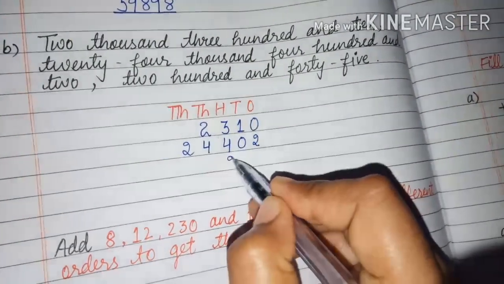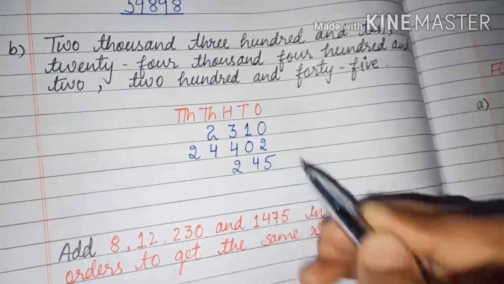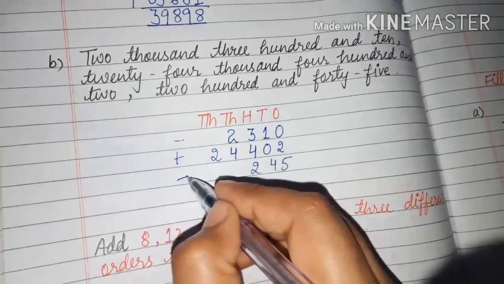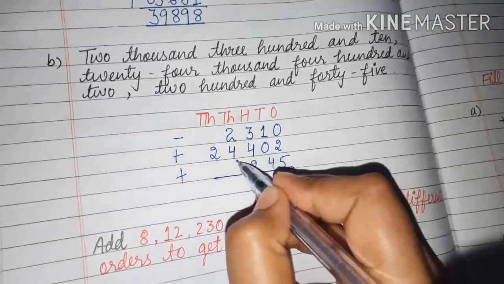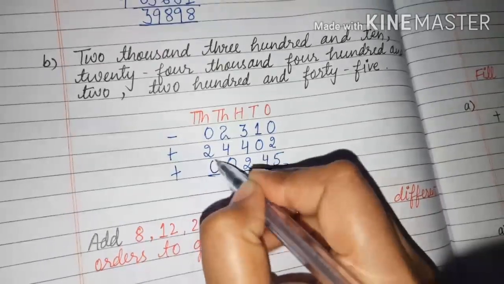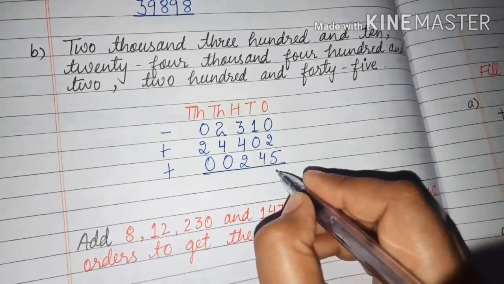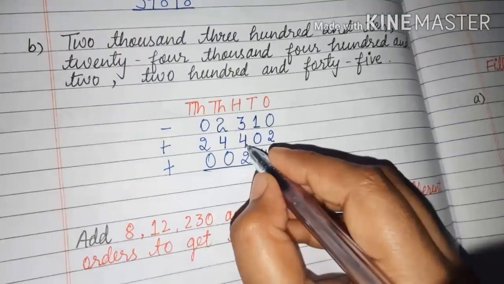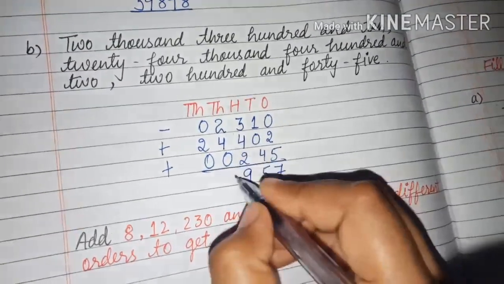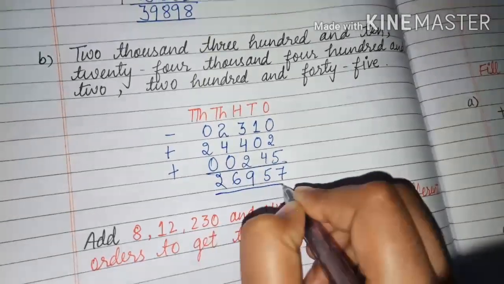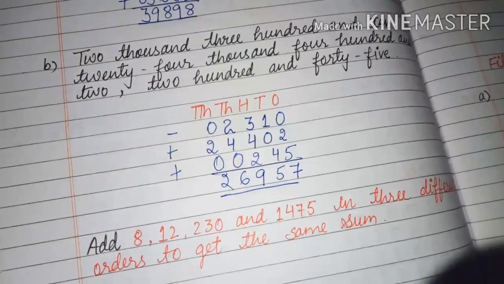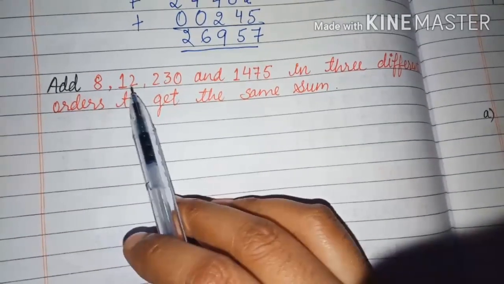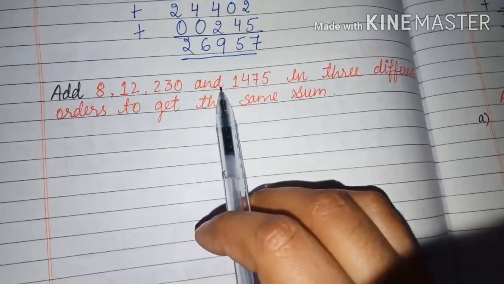245, तो 245. Now you will see कि different digits हैं हमारी और हमें इसको ऐड करना है. तो जहाँ पे digits नहीं है वहाँ 0 लगा दो and add them. 2 plus 5 is 7, 1 plus 4 is 5, 3 plus 4 7, 7 8 9, 2 plus 4 is 6 and 2, and you will get your answer. Is it clear?